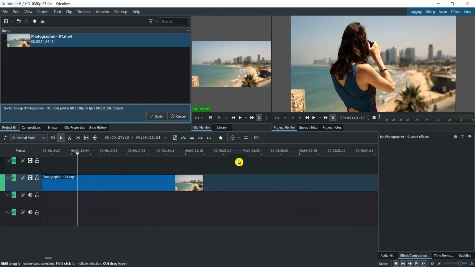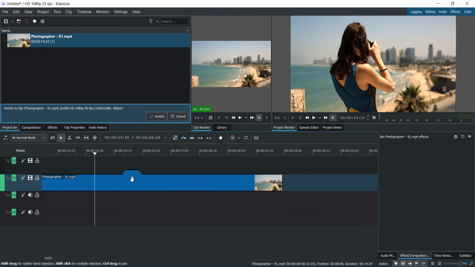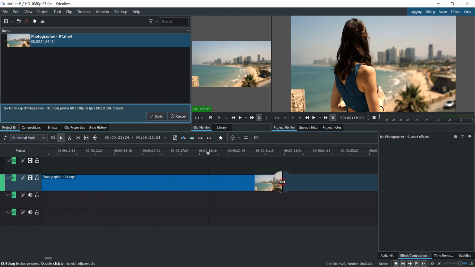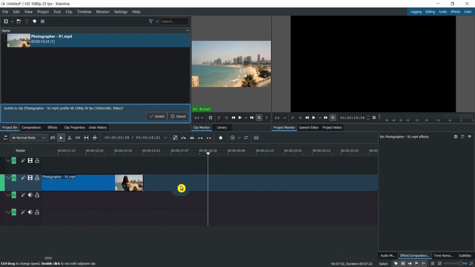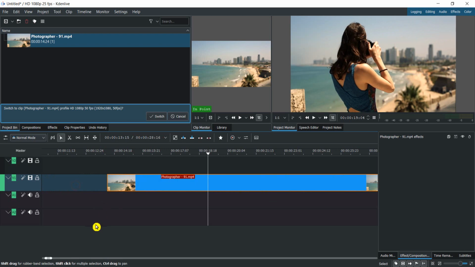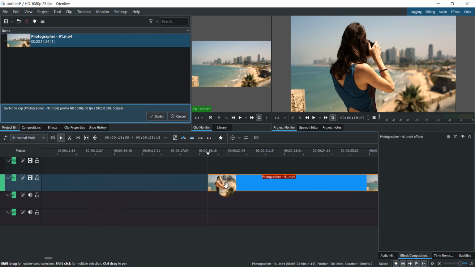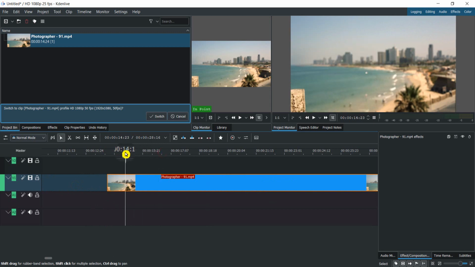And here let's actually shorten this video. You can also shorten from here, grab and you shorten this video, or from this side as well, shorten the video. But what I usually do to shorten the video, let's say I'd like to shorten this video around here, this frame,